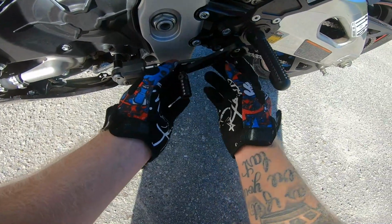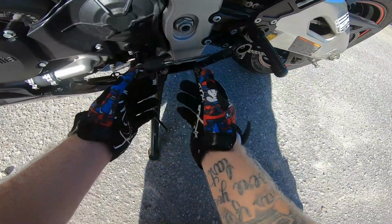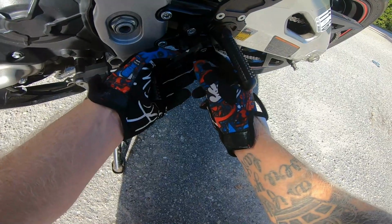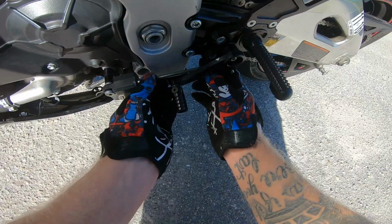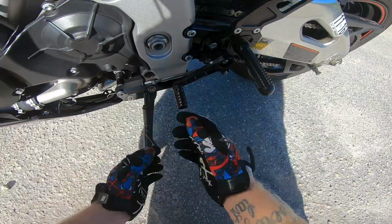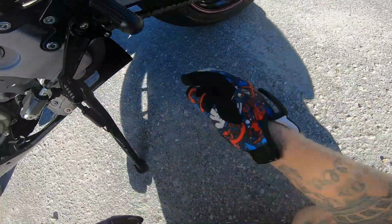Dude, I don't know what kind of setup we got going on here, but I don't got any wrenches, so that's not good. I'm quite a ways from home, so I gotta try and make sure. I should have brought some tape. I could have just taped it, then it couldn't back out. Dude, look at this. I mean, there's no...